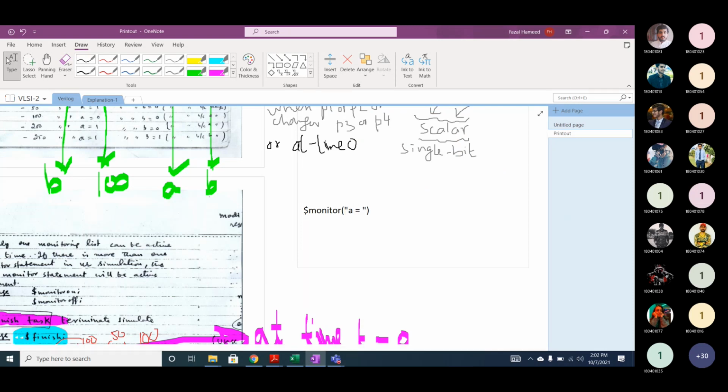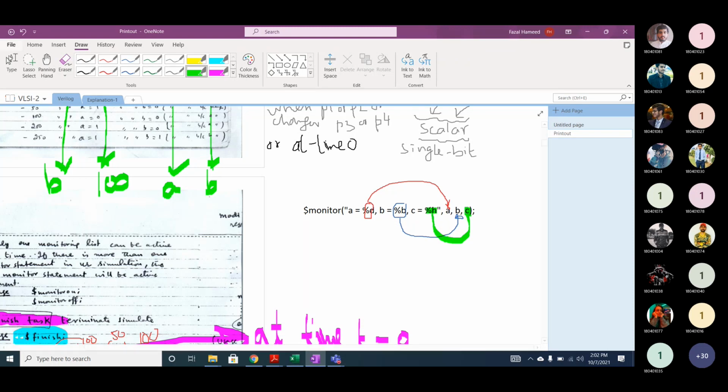A is equal to %d, B is equal to %b, C is equal to %h, then A, comma B, comma C. Now if you look at this, %d refers to the parameter A, %b refers to the parameter B, and %h refers to the parameter C.